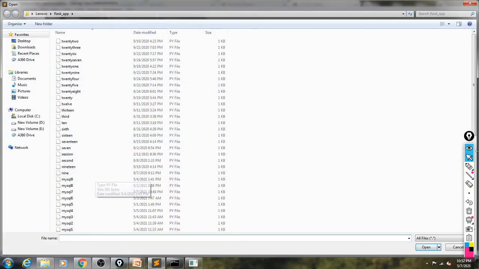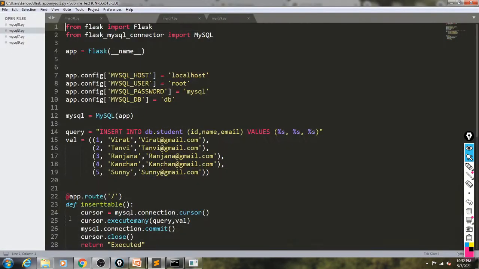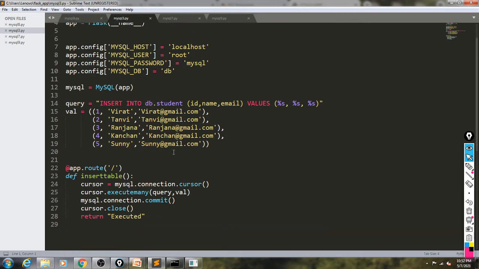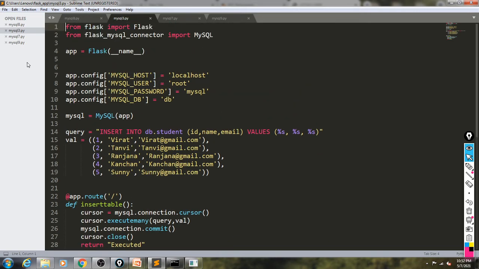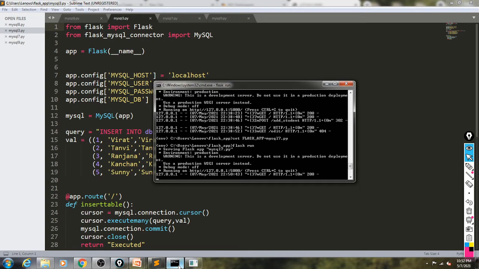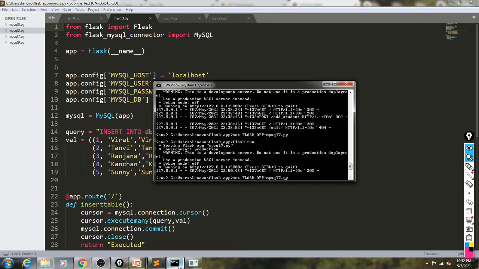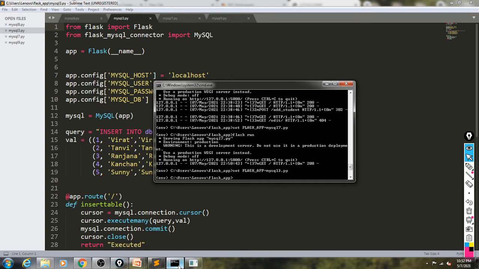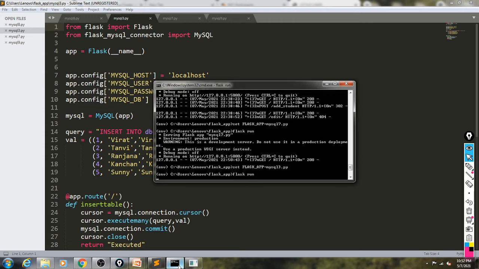So let me see which script is used to add the data. So look here, MySQL 3, yes, we have. So by executing this query, we can add records to MySQL table. So name of the script is MySQL 3.py. We can execute this one. So MySQL 3.py, run it.